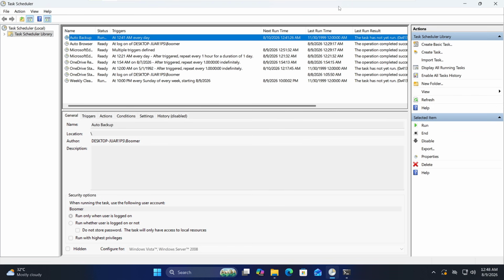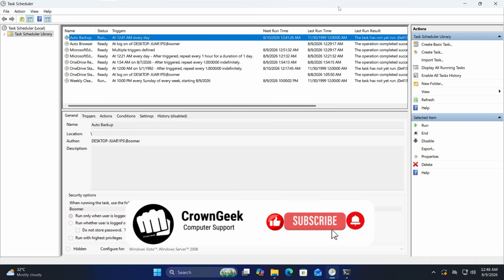Alright, so see how easily you can ease your work, ease your task on your computer. You can automate Windows to do all the tasks automatically so that you have less thing to remember and less thing to do. So that's all guys for today, and